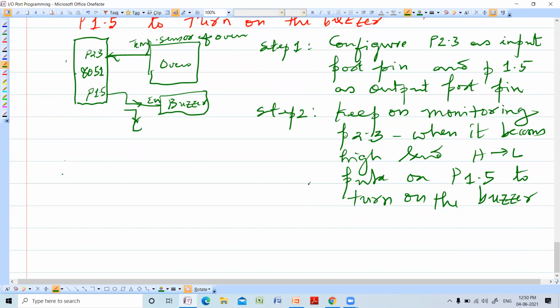So how do you configure P2.3 as an input port? Set bit P2.3. It is first. So this is configure as input.